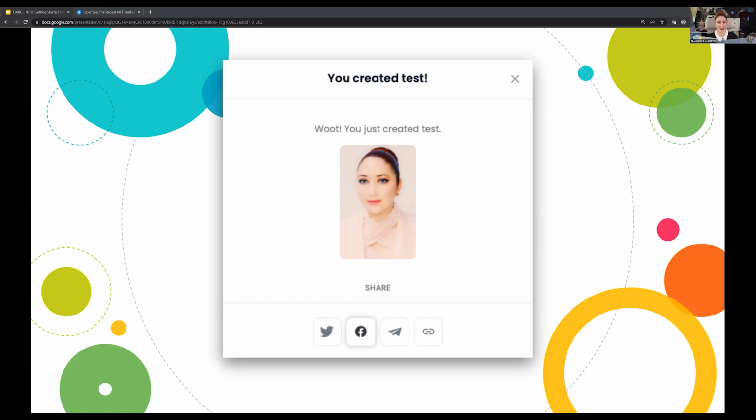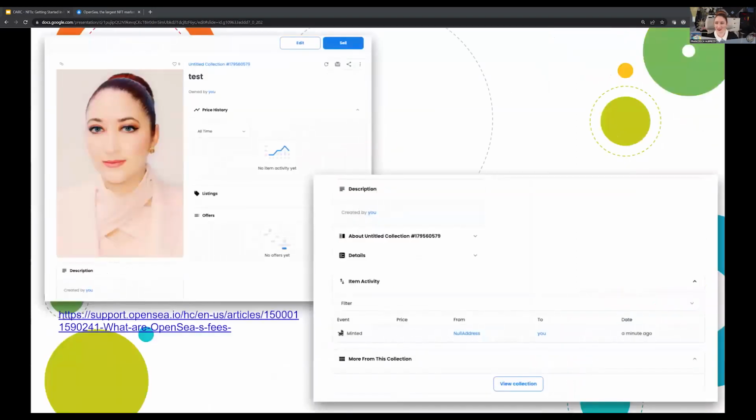Hopefully you've had a chance to find a file that you want to mint, and you've added that, and you've been able to at least launch your first NFT. And you can see at the top that OpenSea has generated an untitled collection automatically for me. Remember this at this point, because we're going to go back to it later.